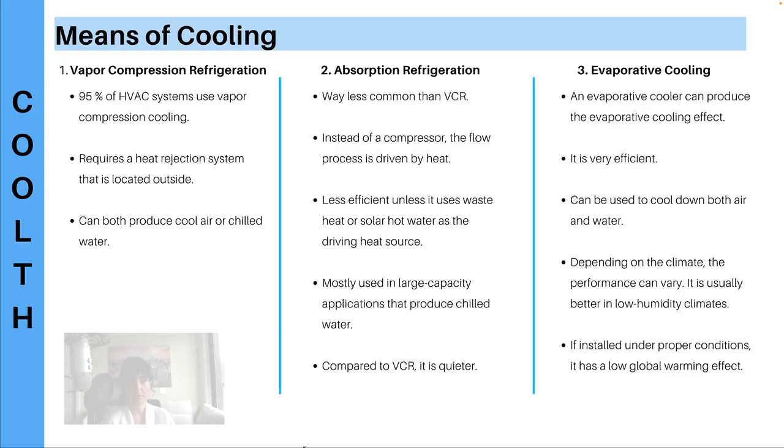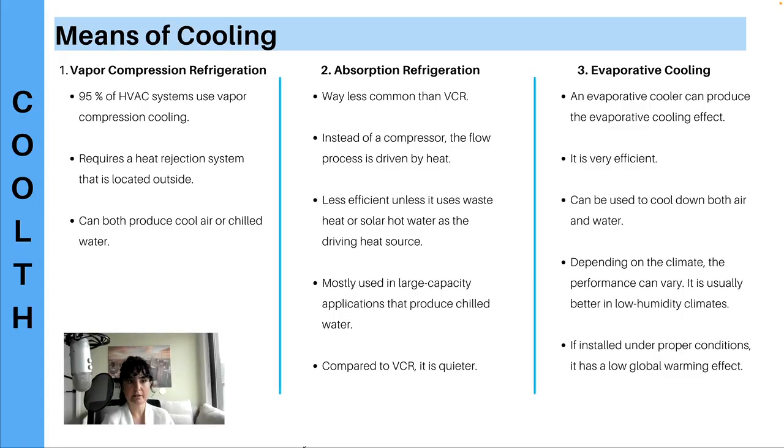heat pump. When we look at means of cooling, there are 3 different methods. One is vapor compression refrigeration, 2 is absorption refrigeration, and 3 is evaporative cooling. So when it comes to vapor compression refrigeration, which I'm going to call VCR, 95% of HVAC systems use vapor compression cooling. VCR requires a heat rejection system that's located outside, and VCR can produce both cooled air or chilled